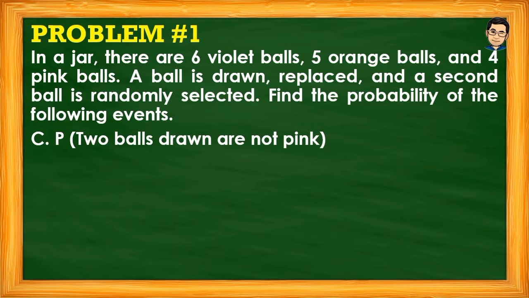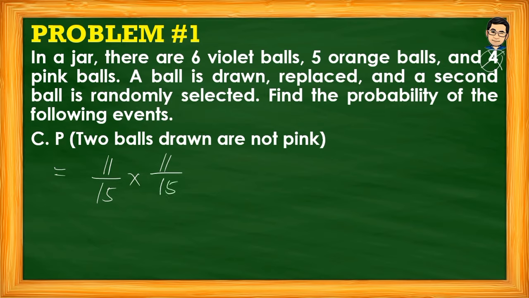So, iaalis natin yung option dito na pink. So, i-cross out natin yung 4. So, meron lang po tayo ditong 6 violet balls tsaka 5 orange balls. Yun lang ang pwede nating kunin. Okay, so 6 plus 5, that is 11. So, kada bunot natin, meron tayong 11. So, 11/15 times